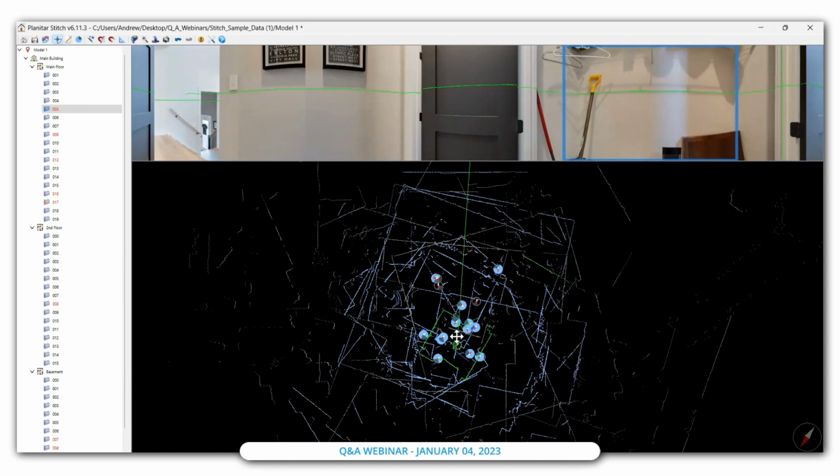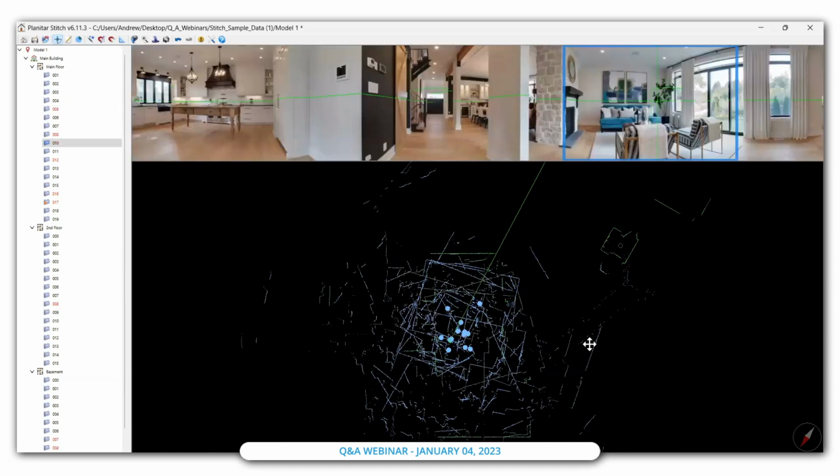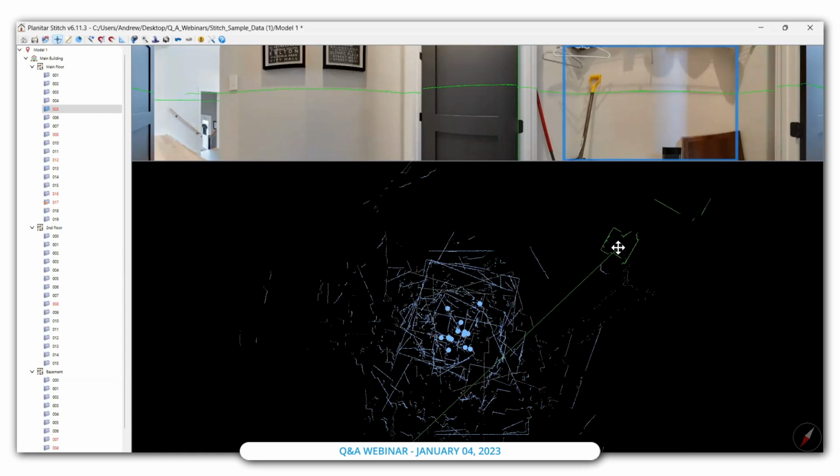There's the manual option, which is individually moving panos and piecing them together like a puzzle. It's time consuming, but if you like to do puzzles, then that is probably the most accurate way to do it. However, if you want to speed things up, there's actually the arrange all scans option, or number 1 on your keyboard. If I press that,